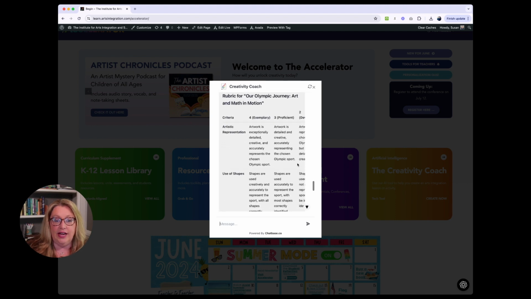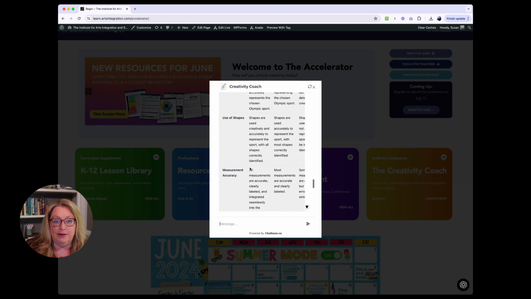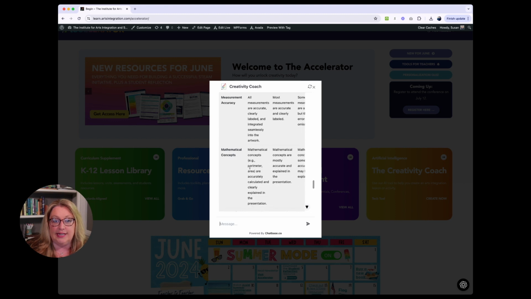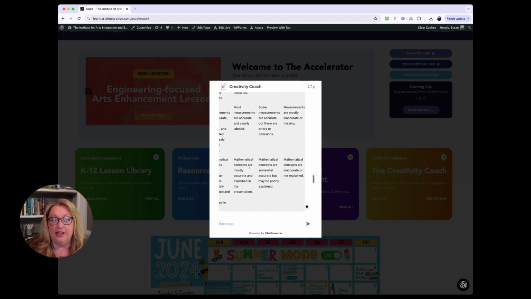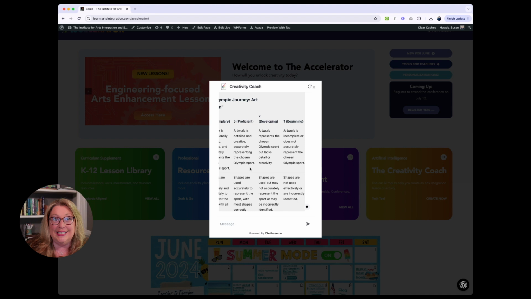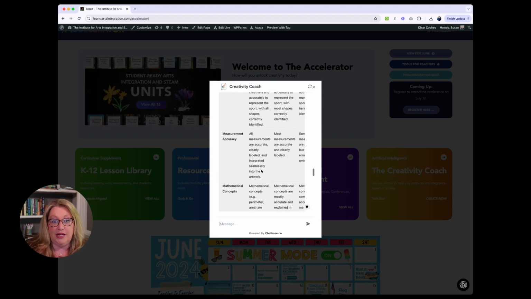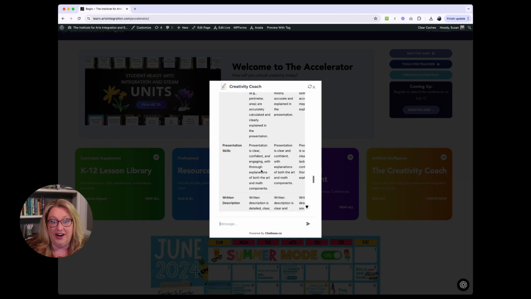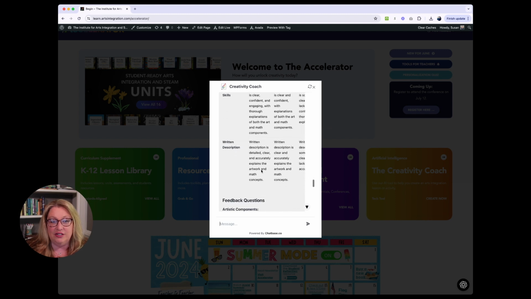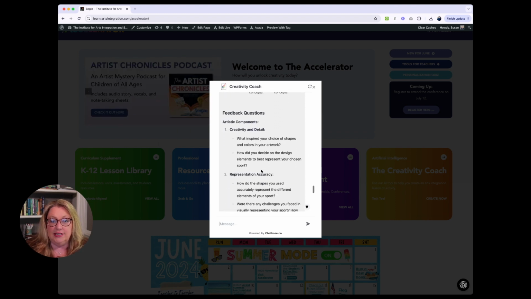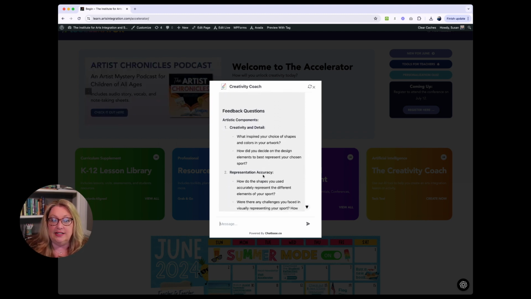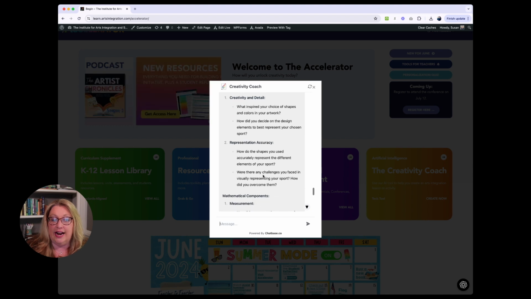Okay, and we're looking at artistic representation, use of shapes, measurement accuracy, and mathematical concepts. So again, I can make sure that these are going to be measuring the standards that we selected up at the top, but at first glance it seems to be doing pretty well there, right? Presentation skills and written descriptions. Feedback questions. So these are some ideas that she's going to give me on questions that I could ask students